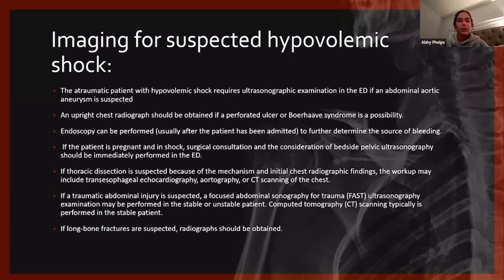If a traumatic abdominal injury is suspected, a focused abdominal sonography for trauma ultrasound examination may be performed in the stable or unstable patient. A CT scan is typically performed in a stable patient, and if long bone fractures are suspected, radiographs should be obtained. And I will show you a picture of a